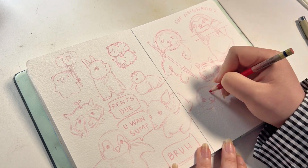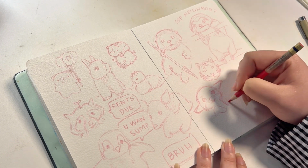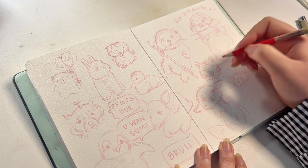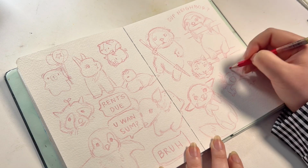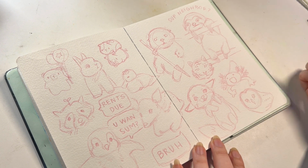And then I drew this guy. I think he's like a fennec fox, but you can't really tell because when animals with long snouts face you, they look squished. And he's just a shy boy. And then I drew an axolotl because it's so happy. And then lastly,